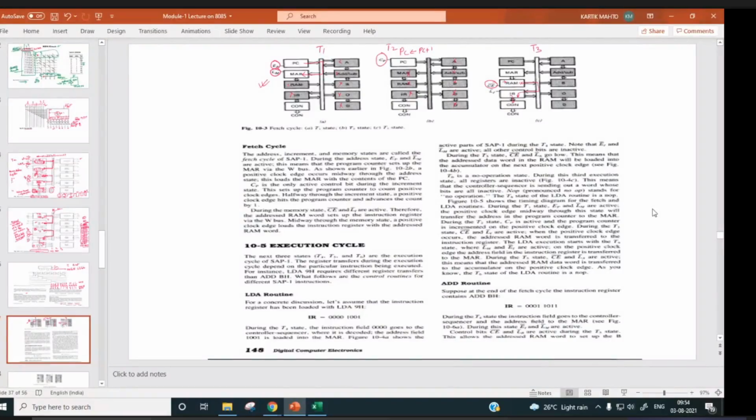Right? So during T1, which are the two circuitry active?